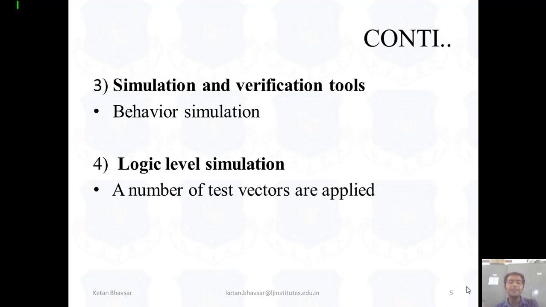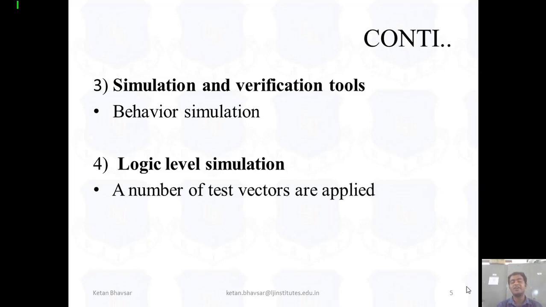Now we're talking about verification. We also apply the test bench concept. I hope a number of students know what a test bench is. With a test bench, you need not apply input values from the user side. You write the code, and as per the system it will generate a timing cycle.